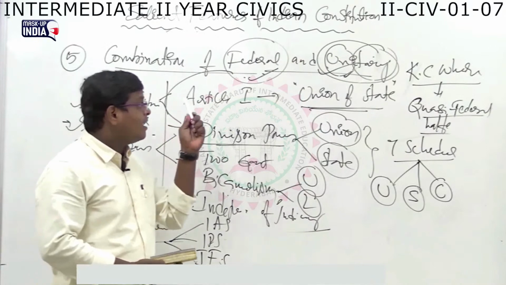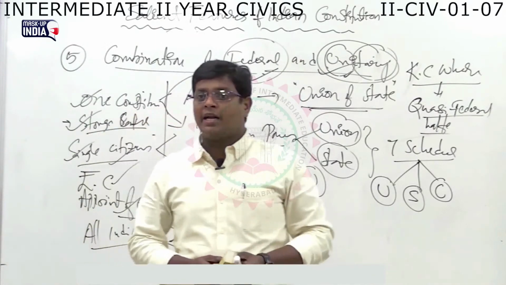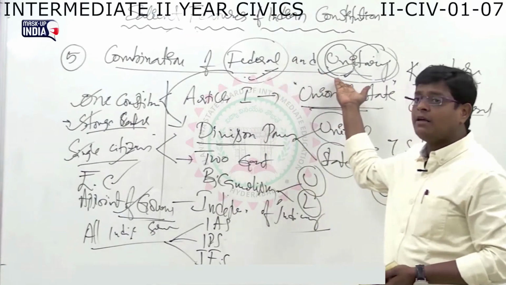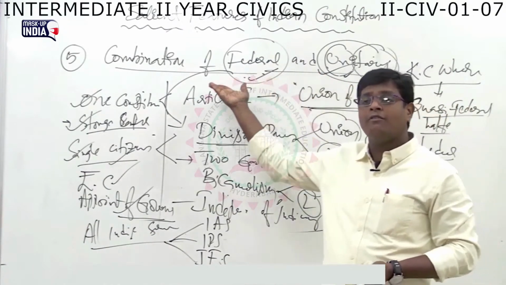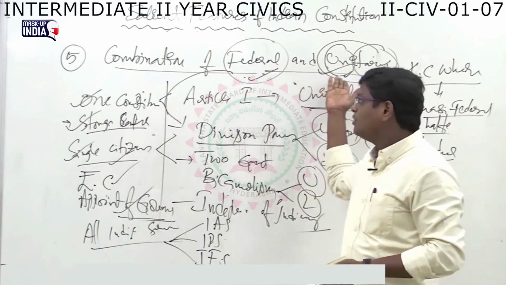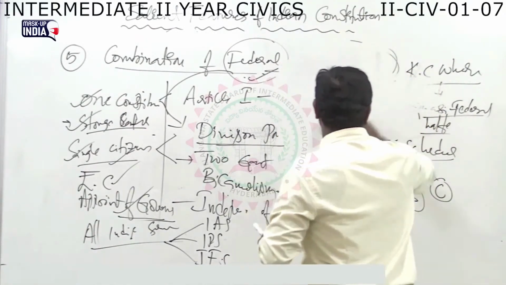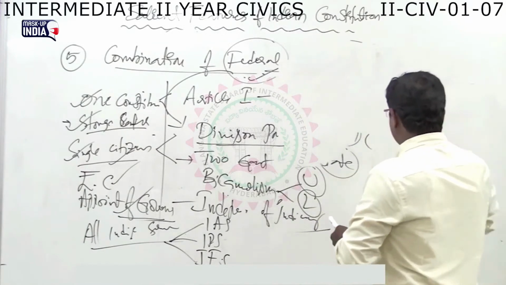Like this, the Indian Constitution is the blend of both federal features as well as unitary features. It is the combination of federal as well as unitary. Understood? So this is one salient feature of the Indian Constitution. Then the next one is that